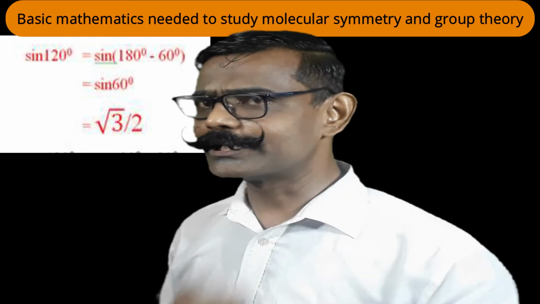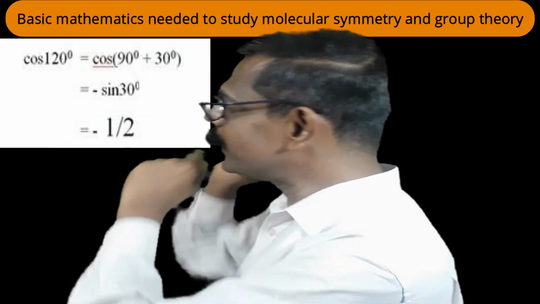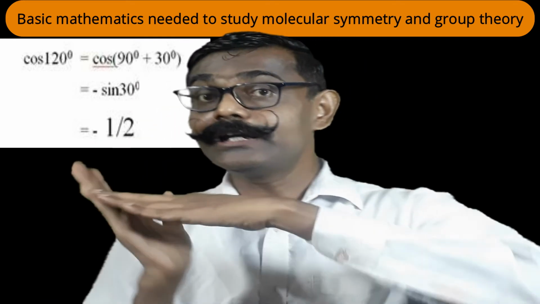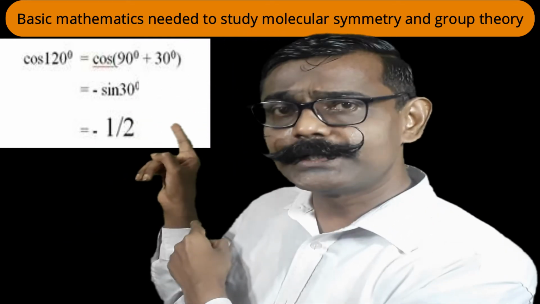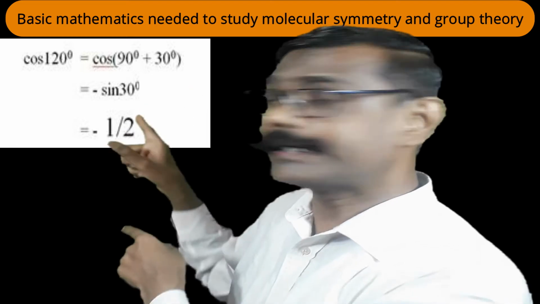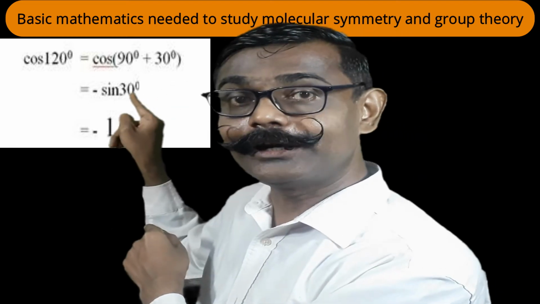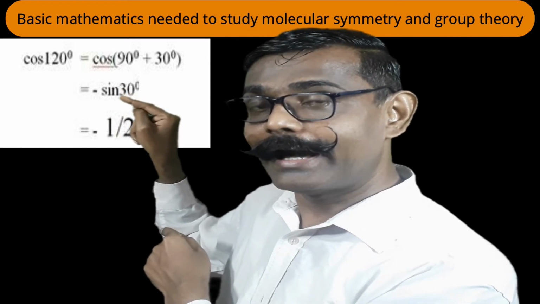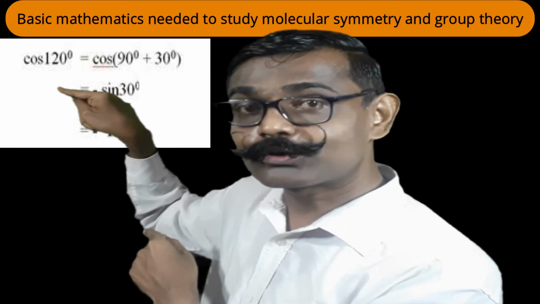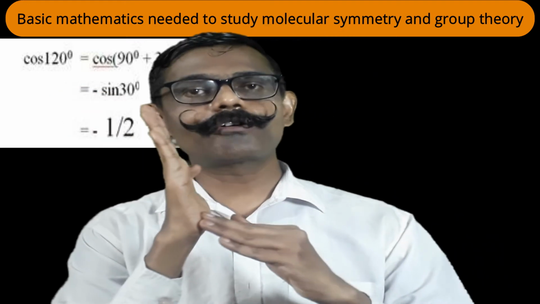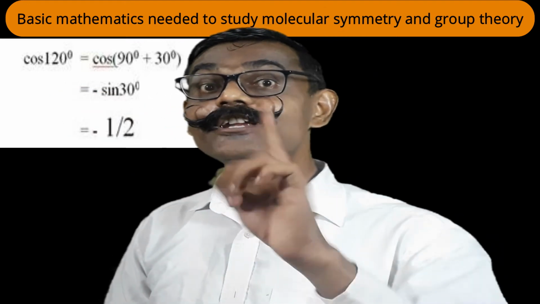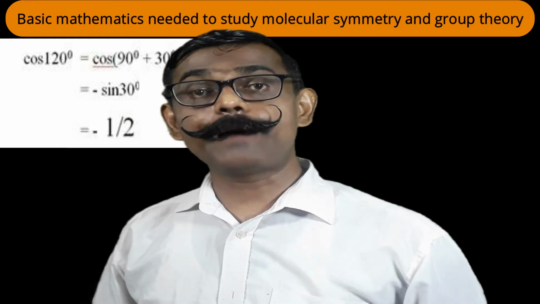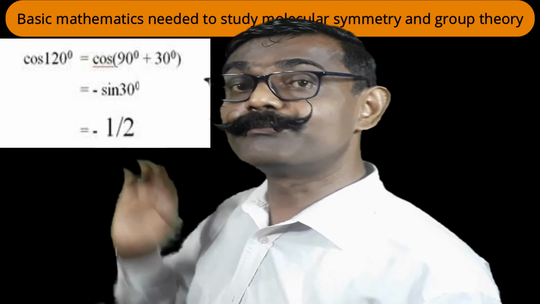Let us apply this for cos 120. Cos 120, how can I split it? 90 plus 30. When I say 90, is there a change in axis? Yes. So will the function change or not? Yes. So what is the answer? Sine. What is the angle there? 30. So sine 30. Whether that value at 120 degree has a positive original function, that is the cos value, or negative? 120 degree is in the second quadrant. So in the second quadrant, cos is negative. So the answer will be minus sine 30. And what is sine 30? Half. So the answer of cos 120 degrees is minus half.